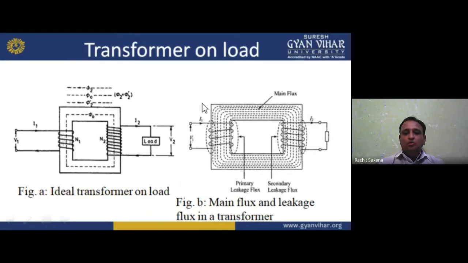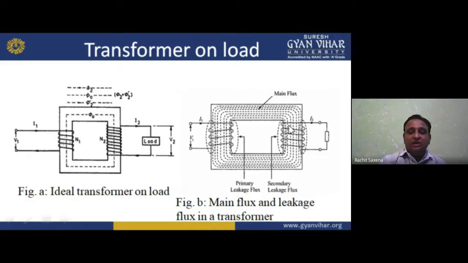I already told you, transformer on load will give you like this. First is phi0, then we have phi2 dash from this side. Phi2 basically cuts phi0, so due to this difference, phi2 dash will be generated. So this is phi2 dash. Phi2 dash plus phi2, we can say minus phi2, so phi2 and phi2 cancel out. So we have phi0. So that is how it works on load.